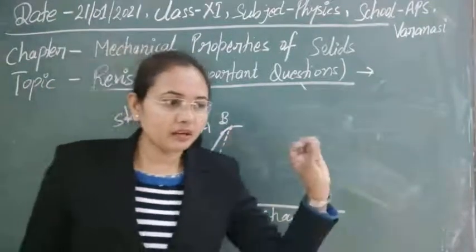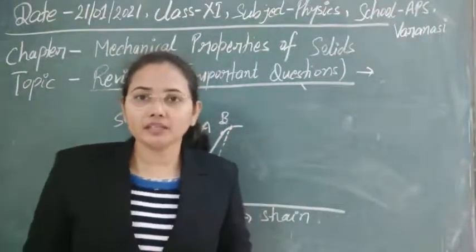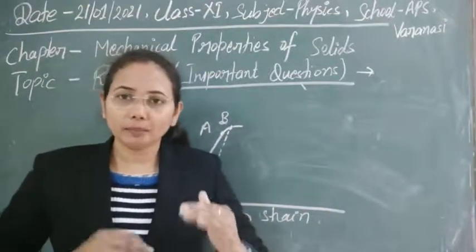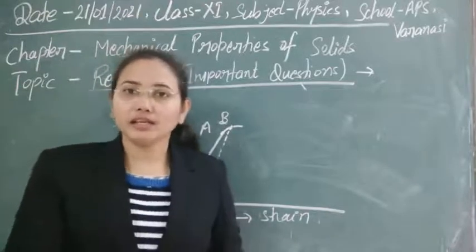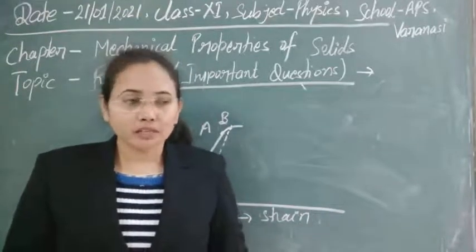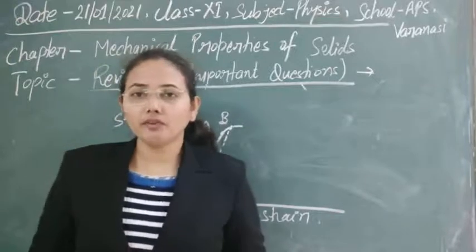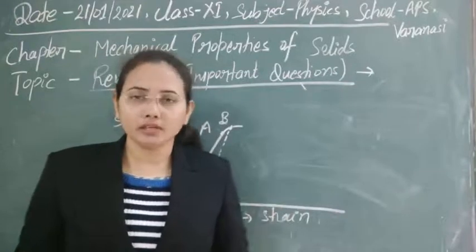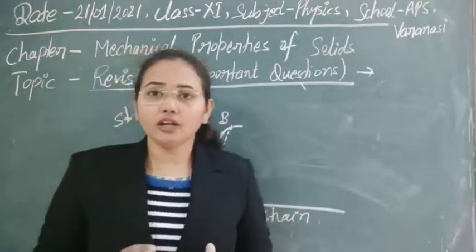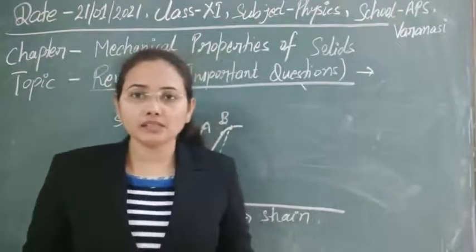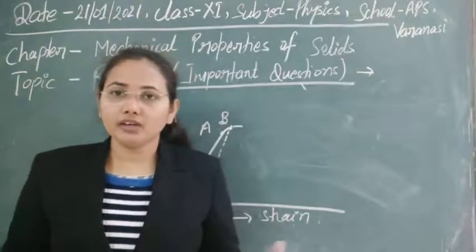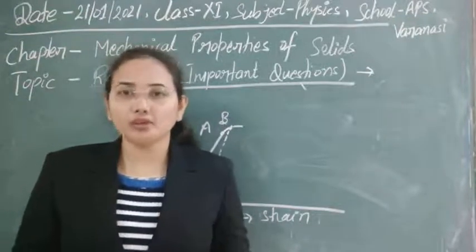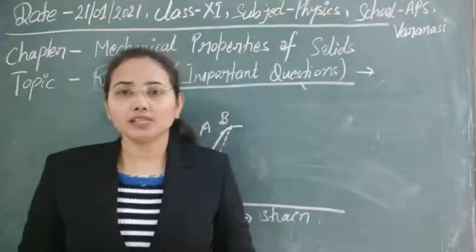So it means that every system, every wire, everything can retain its property of elasticity only up to a certain limit of deforming force. If we continually increase the deforming force, the body will start to get some deformation and ultimately it will be deformed. So if we want to make seats or other things, first of all we should have knowledge of its elasticity.